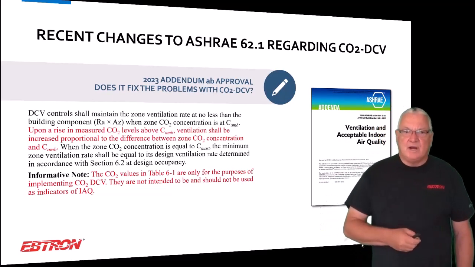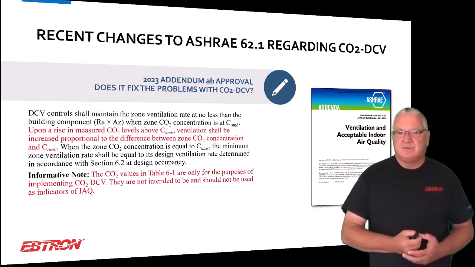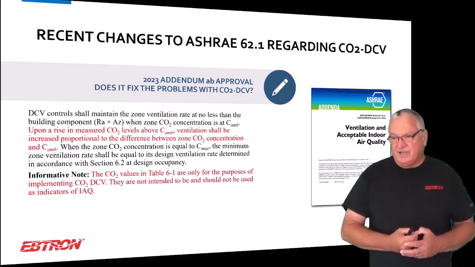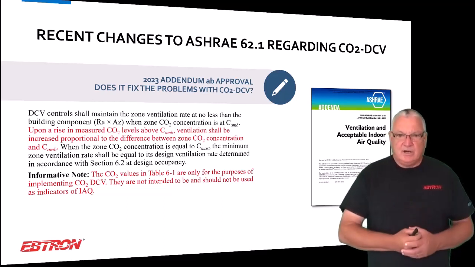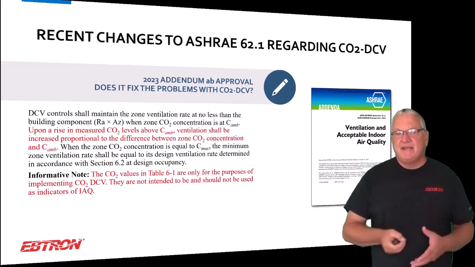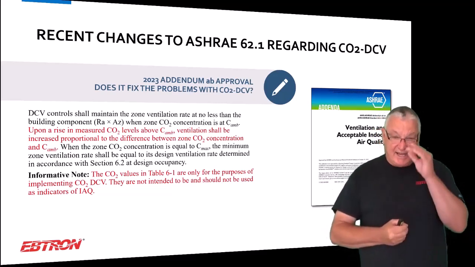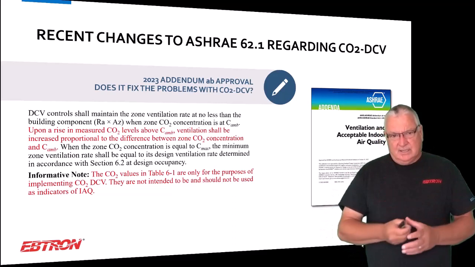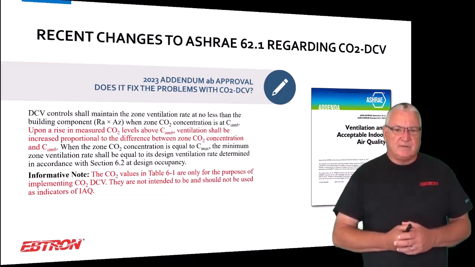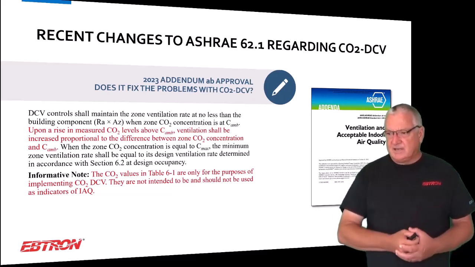What you may not be aware of is that, because of the steady state problem and because of the CO2 production rate problems, the individual variability, ASHRAE's trying to make an improvement to the way that many of you do CO2 DCV. I actually think it's not going to be an improvement, okay? Just because of some of the things that I've seen when I look through it, the way they've calculated certain set points,